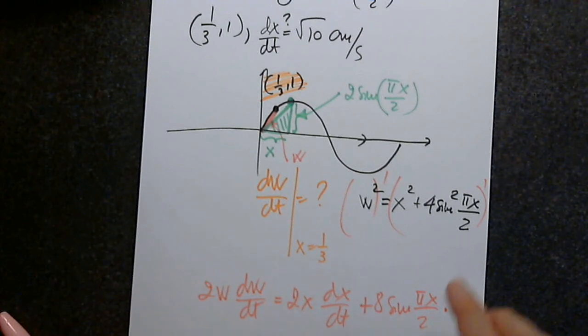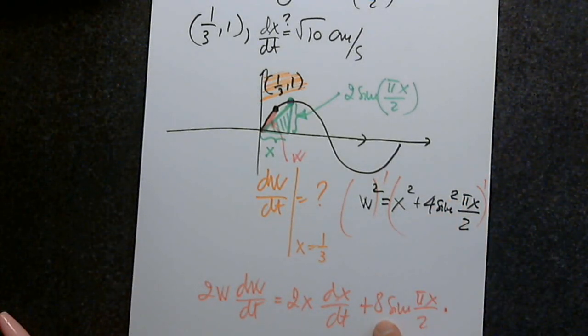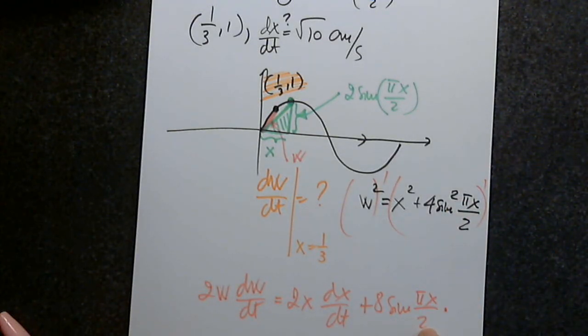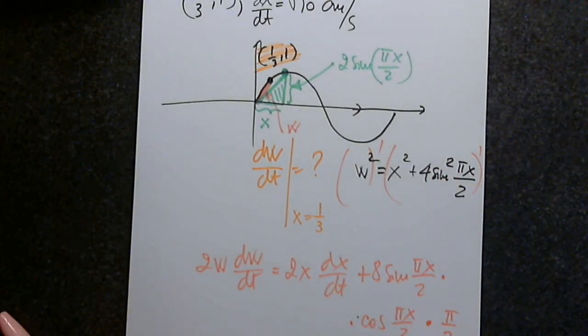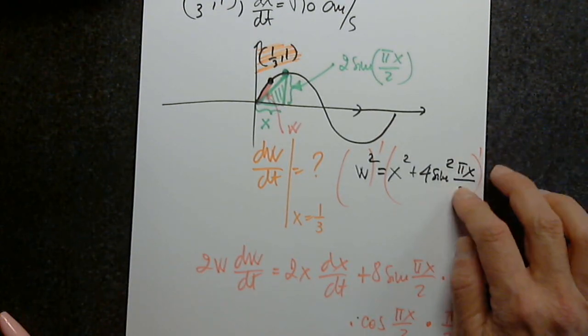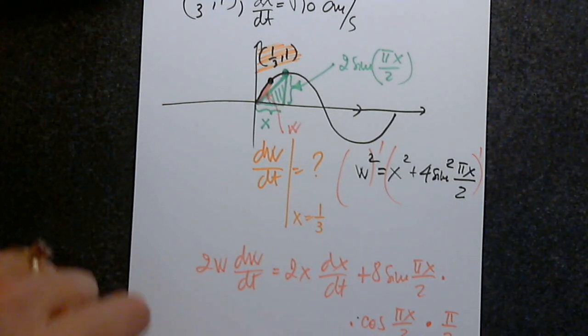So one more time. We brought the power down and we multiplied by 4 and we got 8. We subtracted 1 from the power and we got sine pi x over 2. Now I'm here and I have to differentiate sine. So I have cosine pi x over 2. But now I'm finally here and I have to differentiate this and I get pi over 2. Agreed? Every step? Okay, perfect. So then,